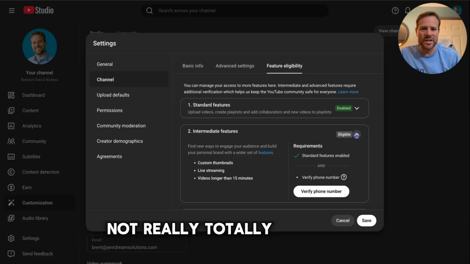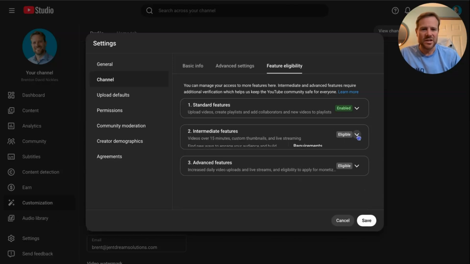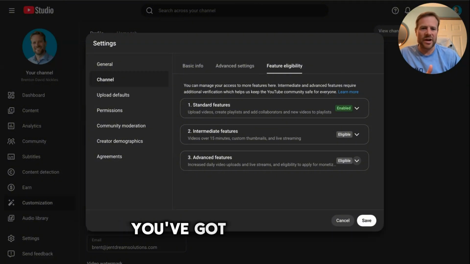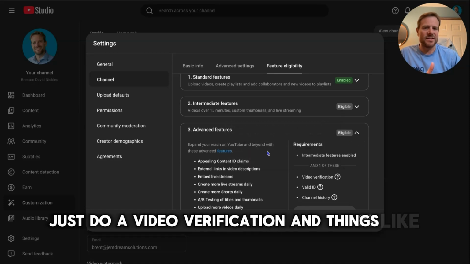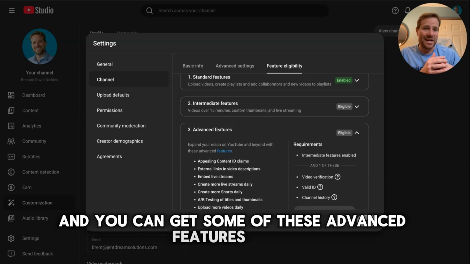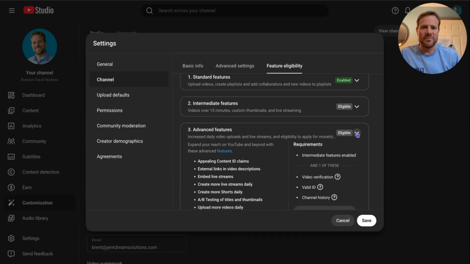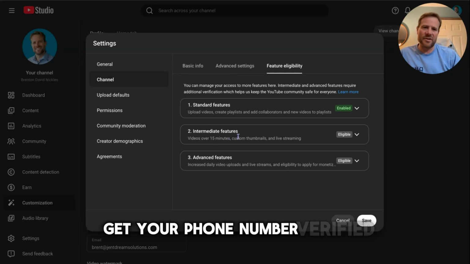Not really totally necessary, but this is something that you should do to at least get these features. And then these advanced features, down the road, you've got to basically do a video verification and things like that, and you can get some of these advanced features. Again, none of this is really important to even grow a channel. So I would do the immediate features, get your phone number verified, and that's it.